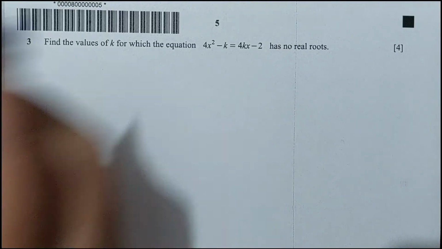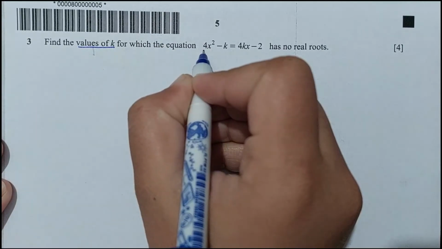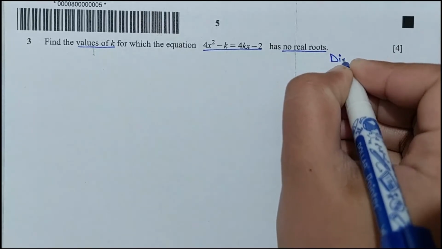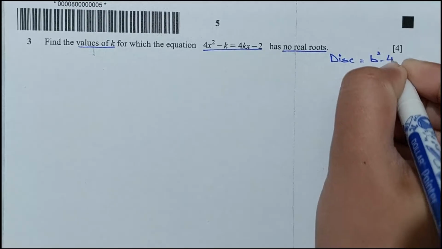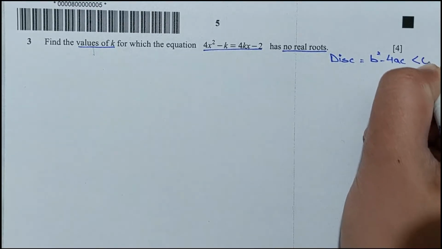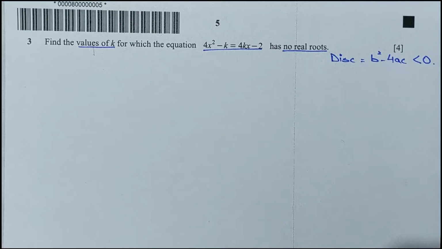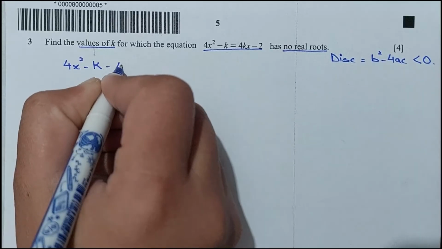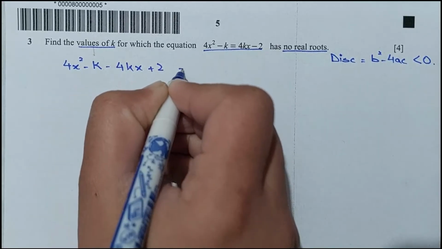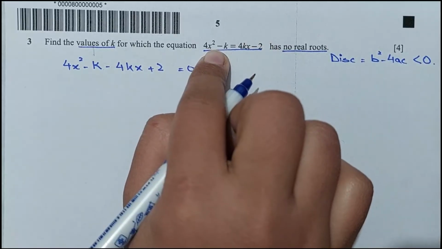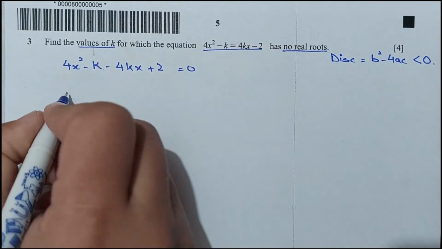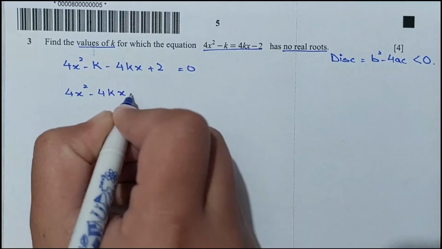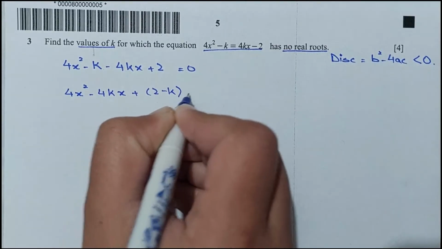Question number 3: find the values of k for which the equation has no real roots. When there are no real roots, it means the discriminant, which is b squared minus 4ac, should be less than 0. Let me see the discriminant. 4x squared minus k minus 4kx plus 2 equals 0. I just shifted these two terms to the left side of the equality and switched the signs. 4x squared minus 4k is the coefficient of x and the constant term is 2 minus k equals 0,